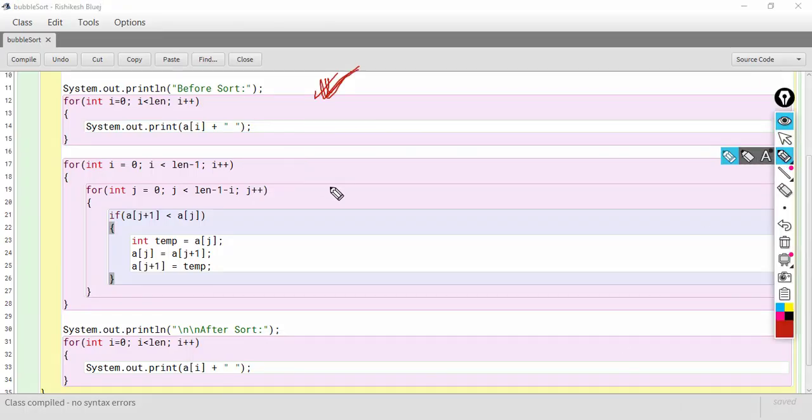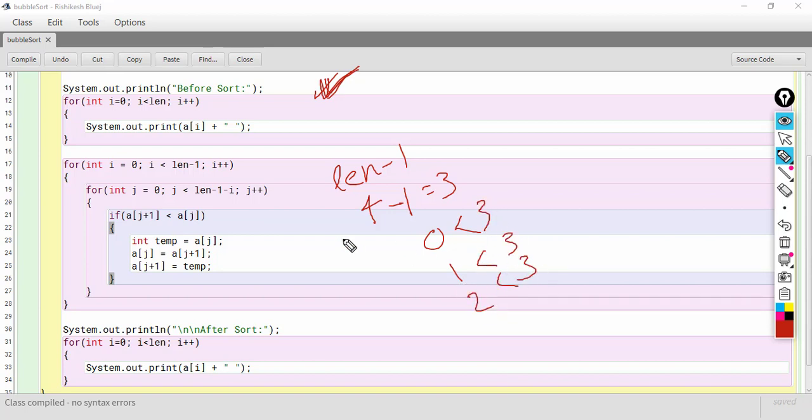That is what this len minus 1 is doing. The length value is 4 in this example, so 4 minus 1 is 3. So the loop will execute when j is 0, j is 1 and j is 2. That is the job of len minus 1, and of course this minus i I have explained already, this will not have any effect the first time, because i will be 0.